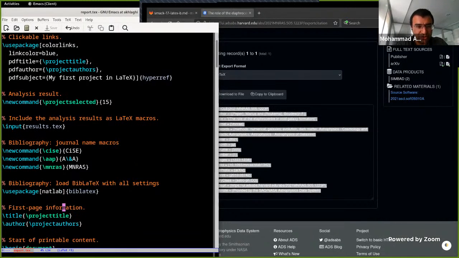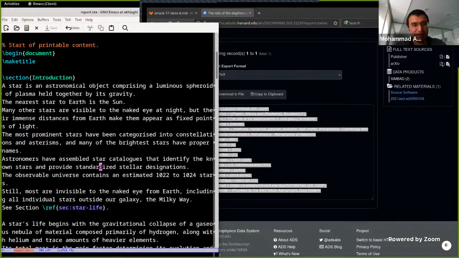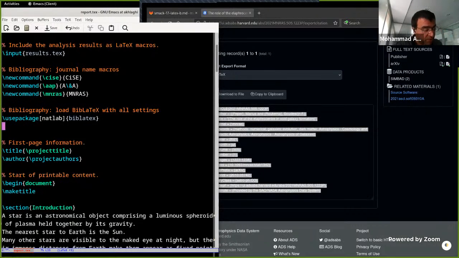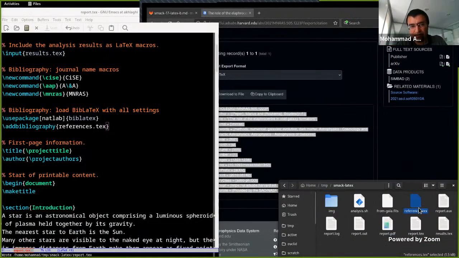So in the first video, I talked about the difference between TeX and LaTeX. It's still the same engine, but it's a more, let's say, user-friendly format that's being updated and used. So we use the BibLaTeX package, but one special thing we need to do is to say where our bibliography is, because remember, we defined the references.tex. So we say addbibresource, and we say, okay, where is the bibliography? We made the file called references.tex, remember? So if I come here, you can see my references.tex. This is the file I made just a second ago in the text editor,